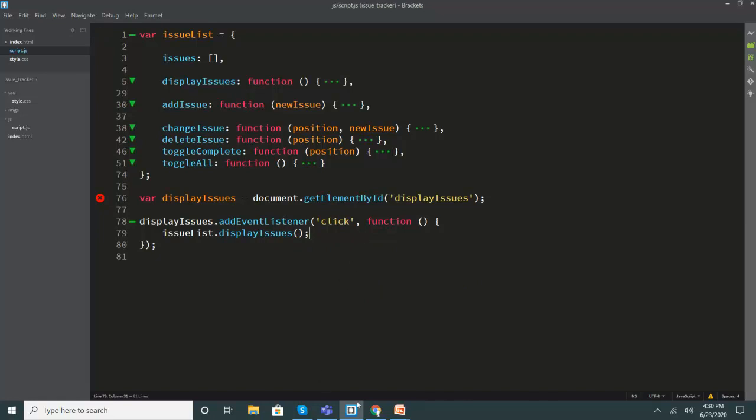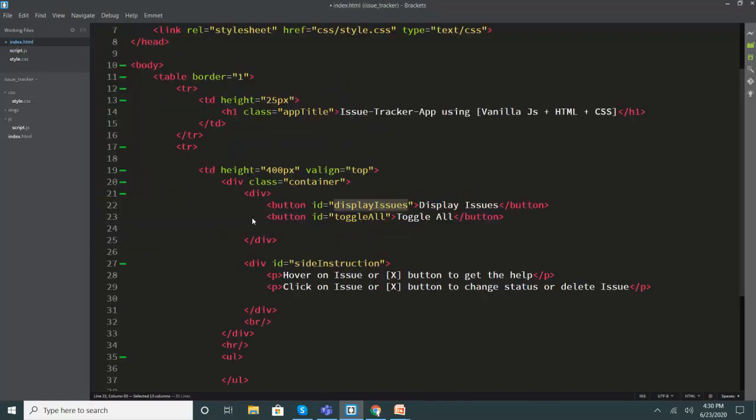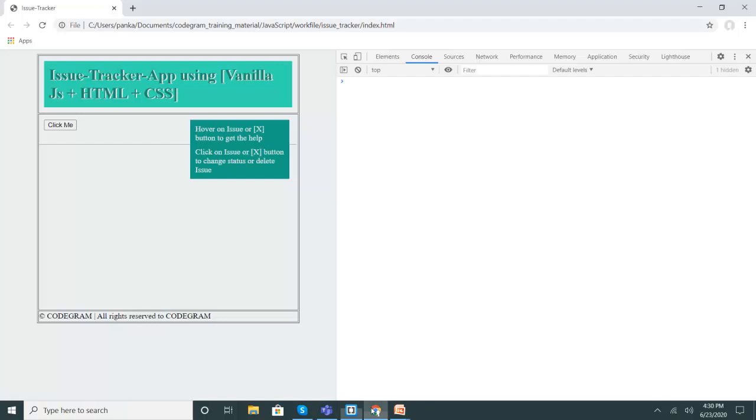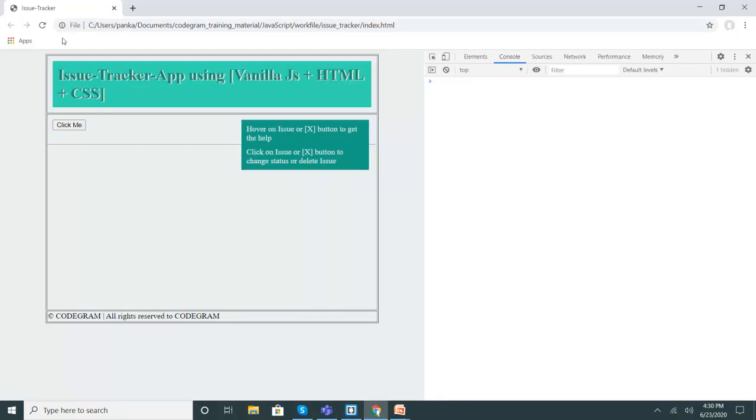Okay, now with this, let me just run my code. So when I go back, let us refresh it. Now you can see you have display issues and toggle all. So when you click on this, now see there are no issues in the issue list coming over here. Let us try to do one thing.